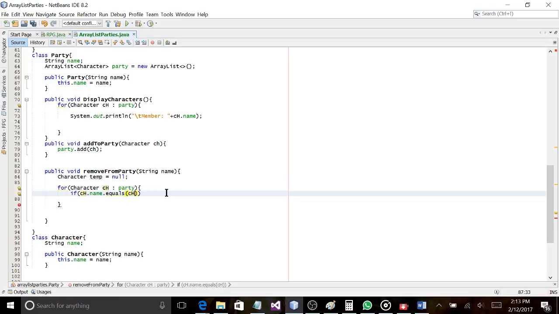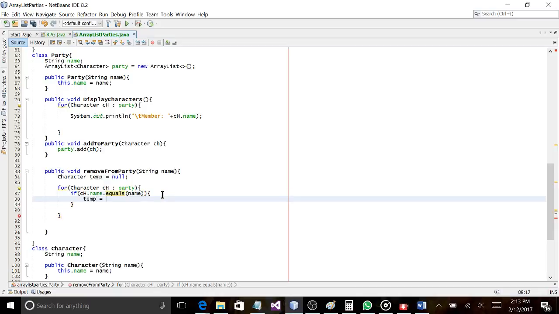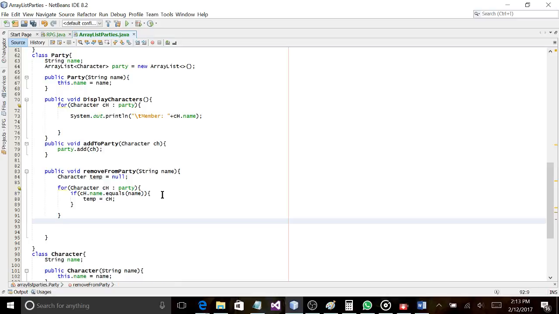Yeah. Alright, so ch.name equals name. Then our temp is going to equal our ch. Else do nothing. Right? So if our temp does not equal null,